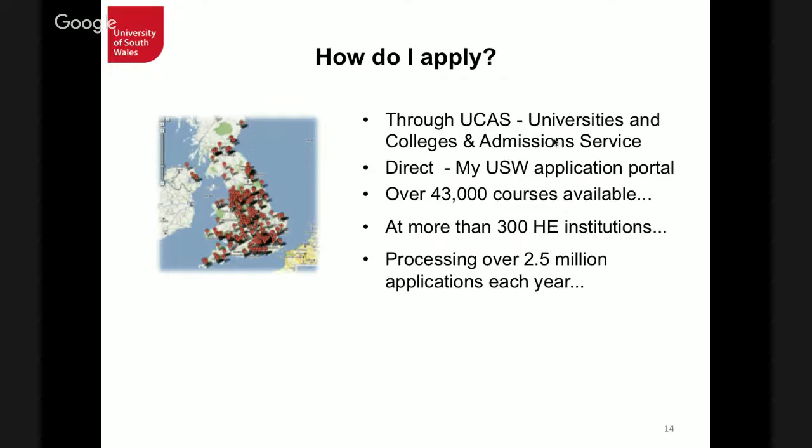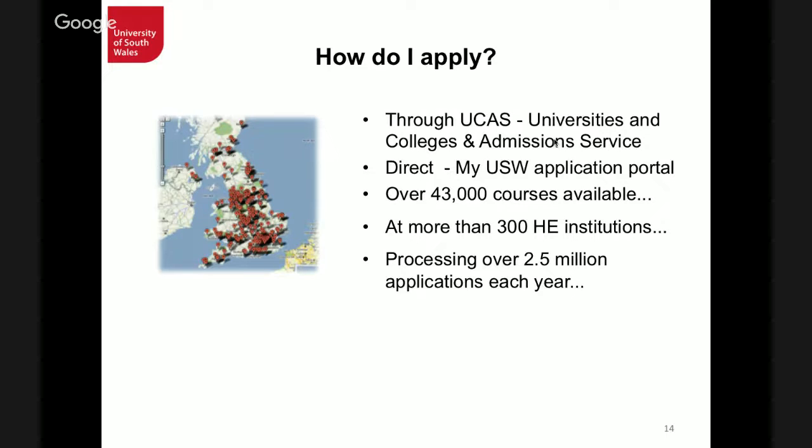And applying can be very easy too, because we have a portal called UCAS, Universities and Colleges Admission Service, and this is what most students at an undergraduate level will use to apply. However, it's not compulsory for you to use the UCAS application form. You can apply directly to the university, especially at this point in the year, because it's too late to apply through UCAS now. So if you were an undergraduate or a postgraduate applicant, you can apply directly to the university.